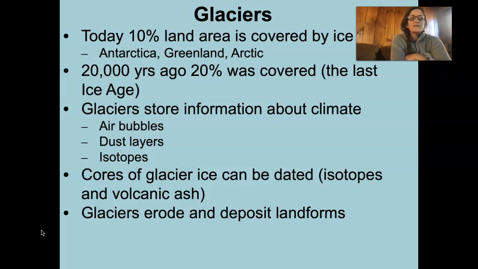Glaciologists study glaciers. They have in them lots and lots of information about past climate. We can look at air bubbles, dust layers, and isotopes frozen into the ice. We look at this by coring our glacial ice caps, literally taking a tube and going down into the glacier, pulling a tube of ice back out, and studying the air bubbles or the dust particles in that core. We can also look at the volcanic ash layers.